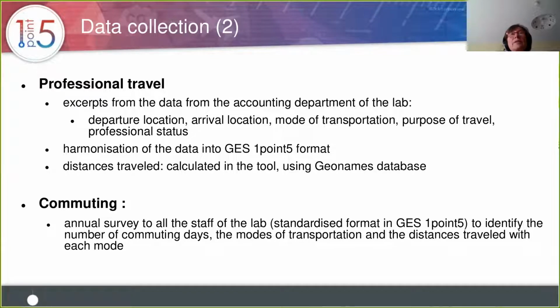In terms of professional travel, we have to get to the accounting systems of the different laboratories and extract data from these databases, asking for departure location, arrival location, the mode of transportation, the purpose of travel, the professional status, so that we can do statistical analysis afterwards. And well, people have to harmonize these data into GES 1.5 format, and the tool will calculate the distances traveled